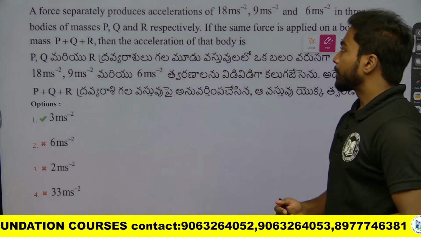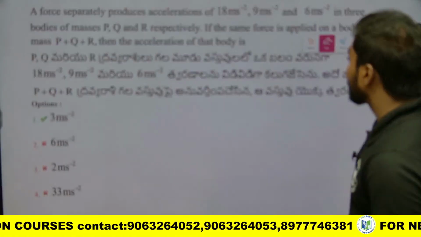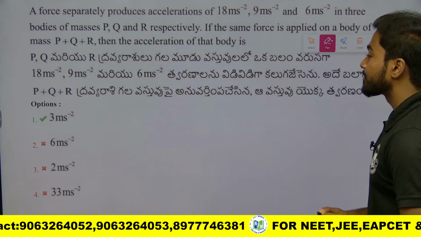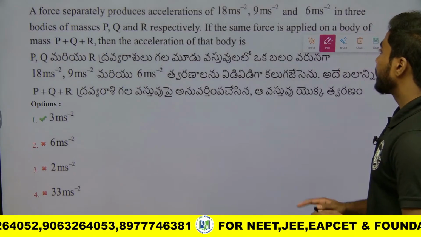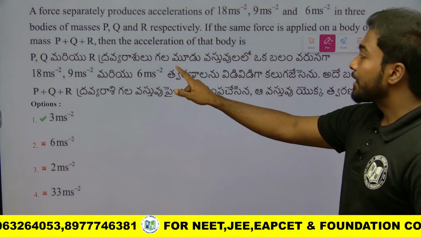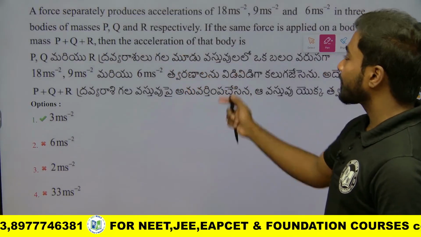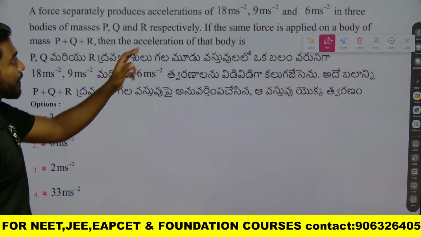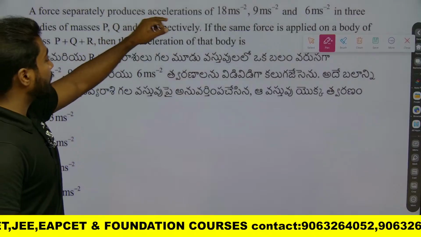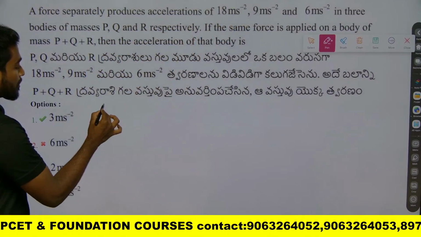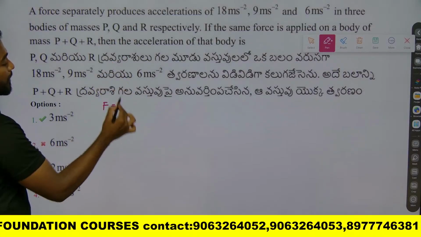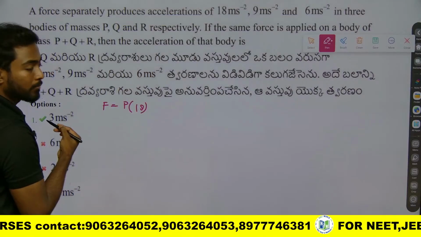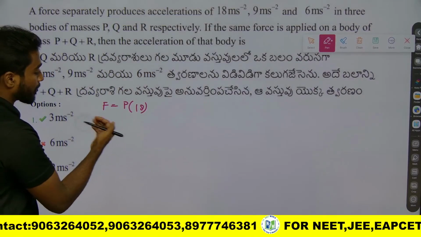A force separately produces accelerations of 18 meter per second square, 9 meter per second square and 6 meter per second square in 3 bodies of masses P, Q and R respectively. If the same force is applied on a body of mass P plus Q plus R, then find the acceleration of the body. We'll write what the given terms are. Acceleration for body P has been given as 18 meter per second square. Let me write it. F is equal to mass P into the acceleration, which is 18. So from this, P can be written as